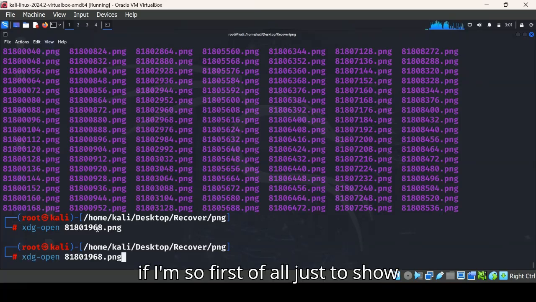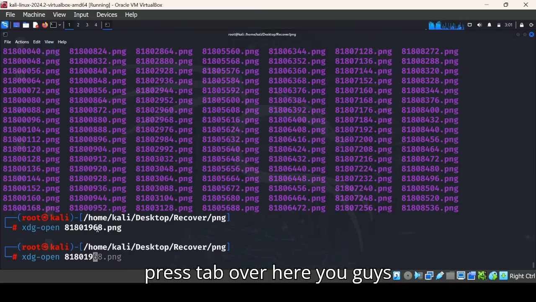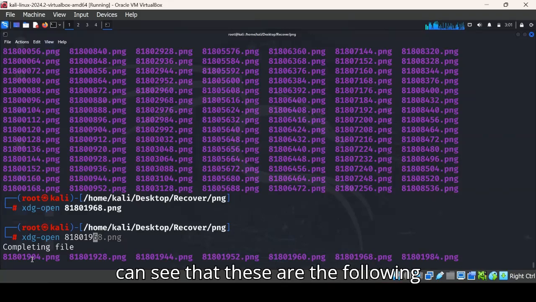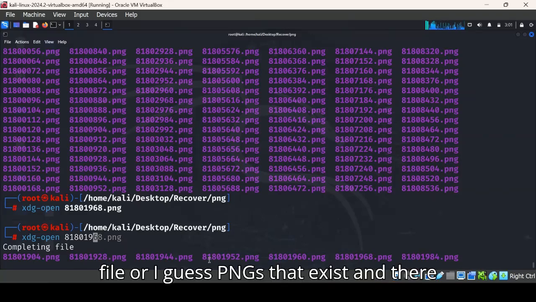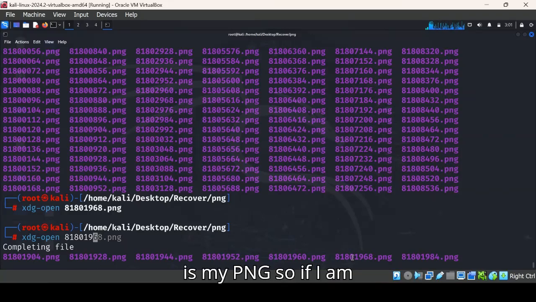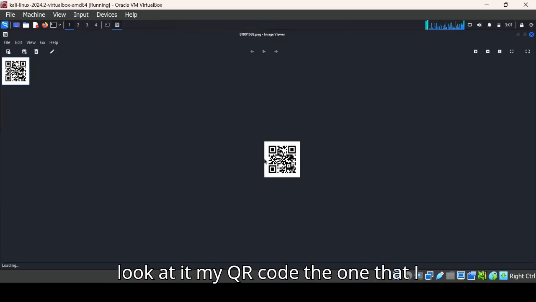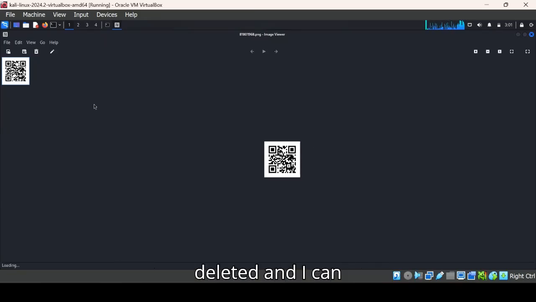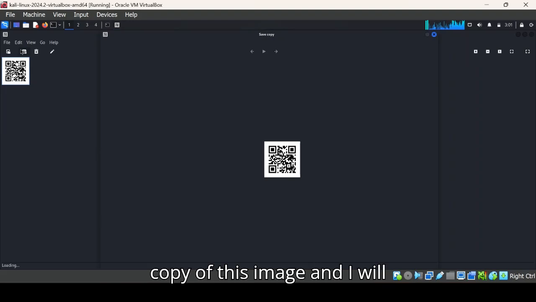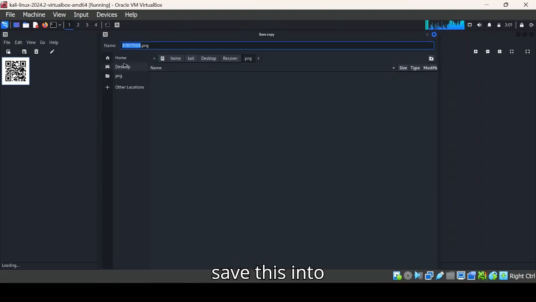First of all, just to show you that it exists, if I press tab over here, you can see that these are the PNGs that exist, and there is my PNG. If I press enter, look at it, my QR code, the one that I deleted, and I can just save a copy of this image, and I will save this into